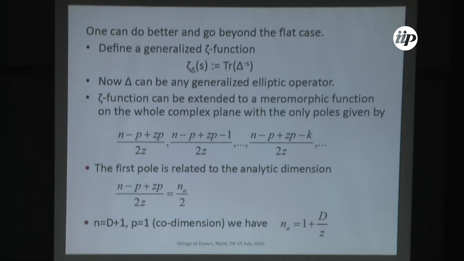But using this approach, because it's based on the analytic continuation to a meromorphic function on the whole plane, of course, it does not allow you to tell anything about how this transition from 4 to 2 happens. It tells you only that, okay, for sure, in the ultraviolet, it will grow as a two-dimensional spectrum.